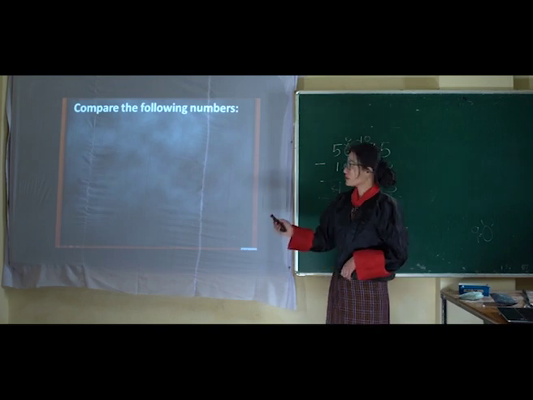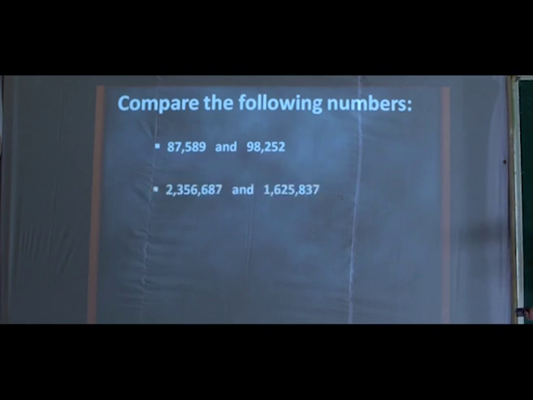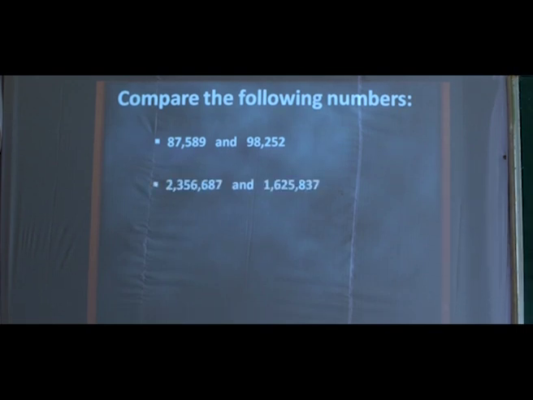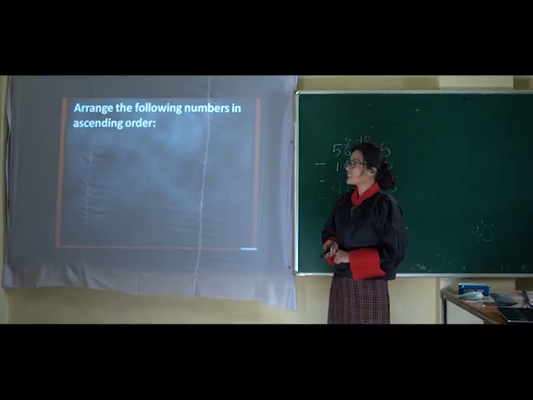Compare the following numbers: 87,589 and 98,252. You also have 2,356,687 and 1,625,837. Compare the 10-digit numbers now. You have 3,245,627,309 and 7,890,173,001. Arrange the following numbers in ascending order: